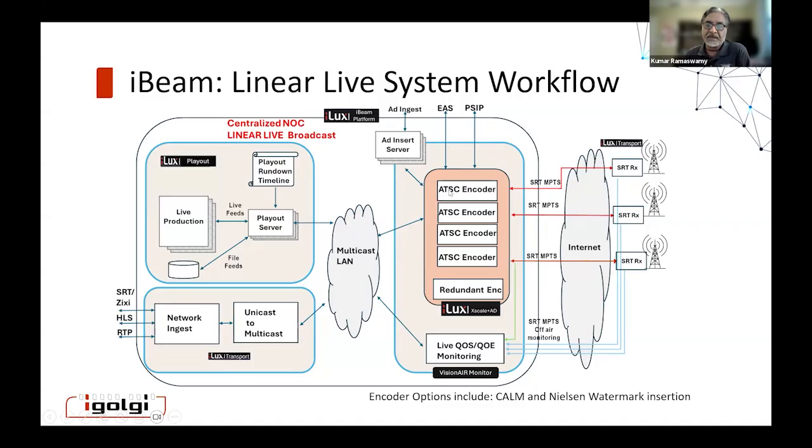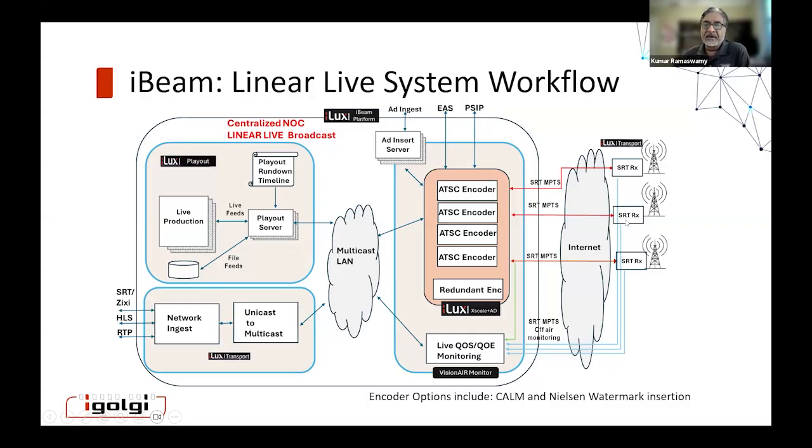Recently we have introduced a functionality in our encoder that will allow you to do live ad insertion, which means you talk to some ad provider, and then you have an ad inventory. Based on cue markers, you can insert ads on the fly. So this kind of integrated functionality allows even a small broadcaster to create multiple channels, do ad insertion for monetization, and put these channels out. And by the way, these channels are sitting at a data center. They get SRT'd over to a remote transmitter site. And there, basically, you have some kind of an SRT reception, which then goes on air into the modulator.